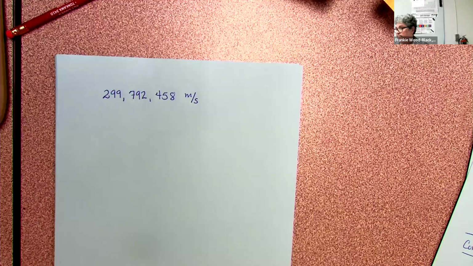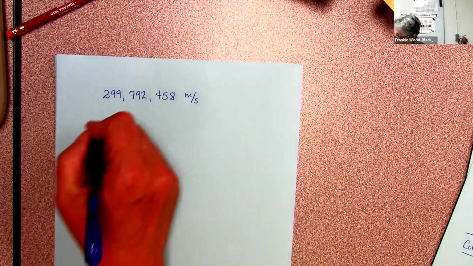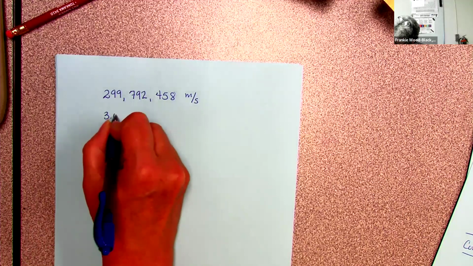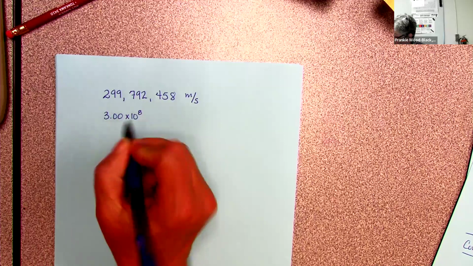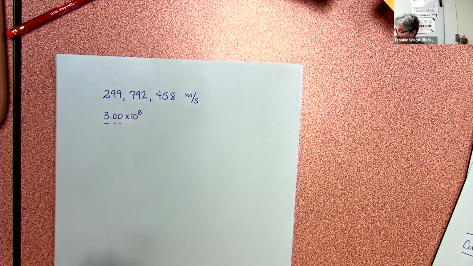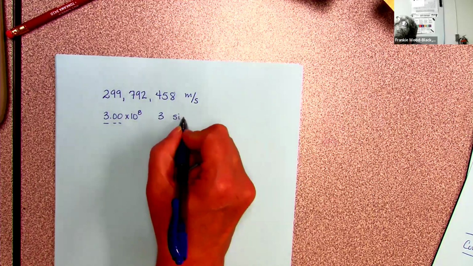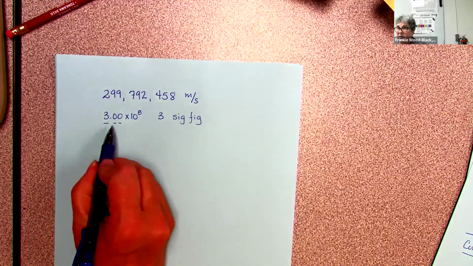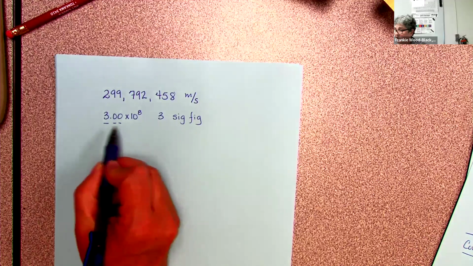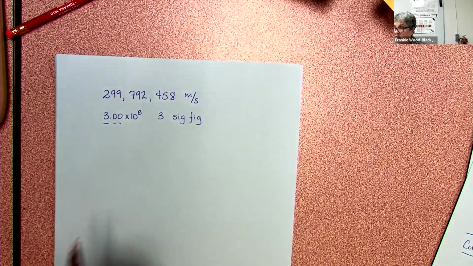Well, I want to write this as 2 significant figures. I'm going to write this as 3.00 times 10 to the 8. Actually, that's 3 significant figures. This is 3 significant figures, because remember that any number that I write in scientific notation is going to be the exact numbers, 3 significant figures. When I write this in WebAssign,